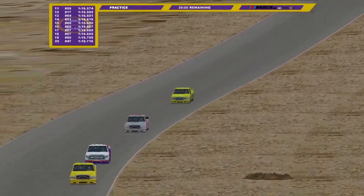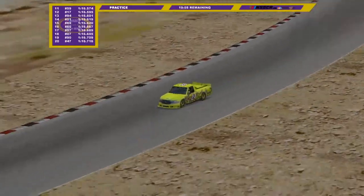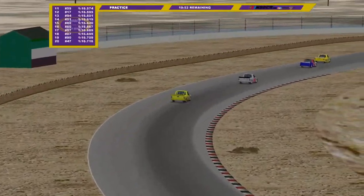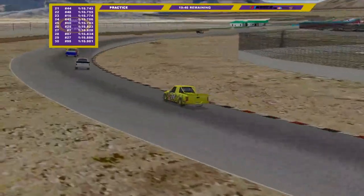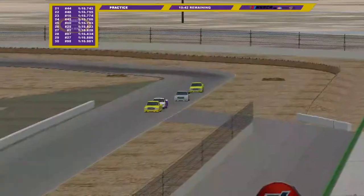I don't think he's ever made a truck start. He has 1 cup start to his name, being the initial race for Digital Motorsports at Steelback. Of course, Digital currently, as of this moment, no longer with us in the NSDCA. But he is in this 24 truck this weekend, putting down some bad fast times. 4th quickest and fighting his way up here with some of the best in the business, including Riley Spurley